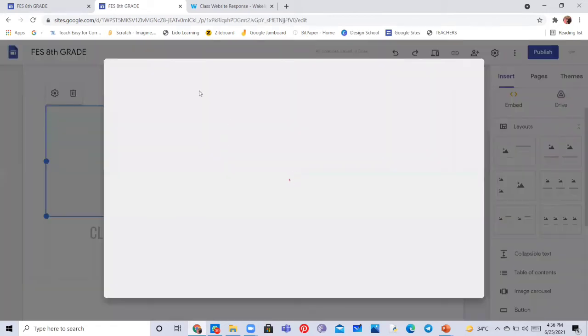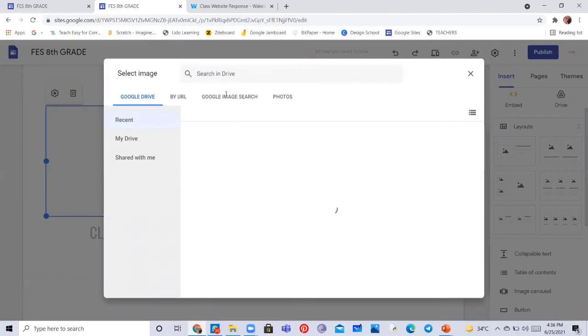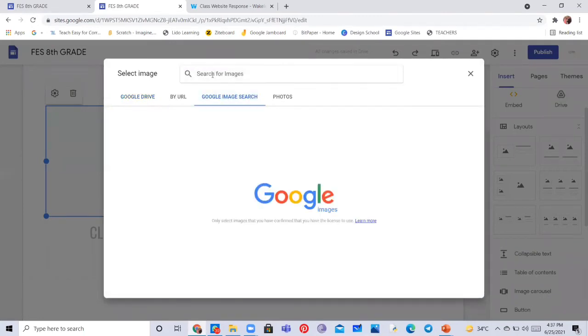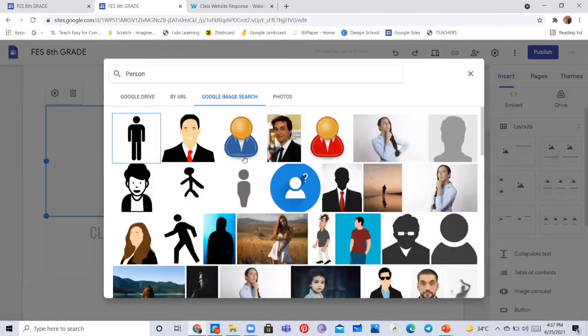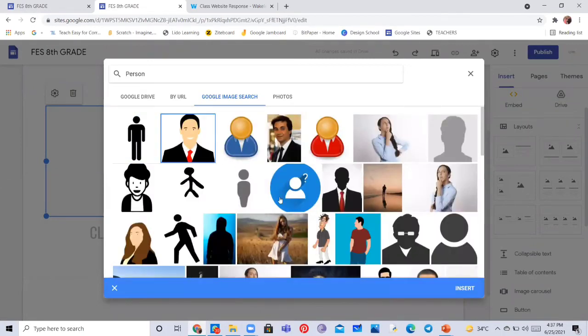Right now I'm going to select image, because we are not creating any class website right now. I'm going to search on person, and then we get a Google image for the same. For example, I'm going to go ahead with this image.